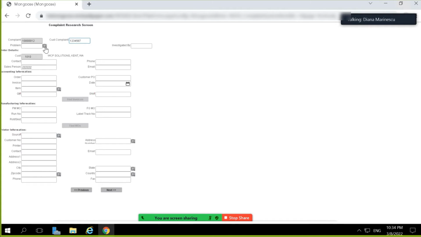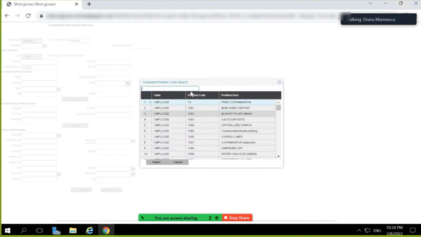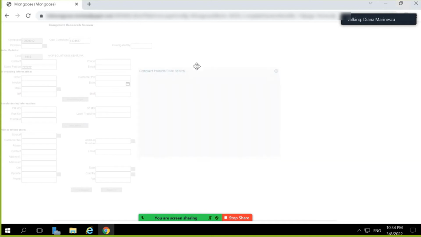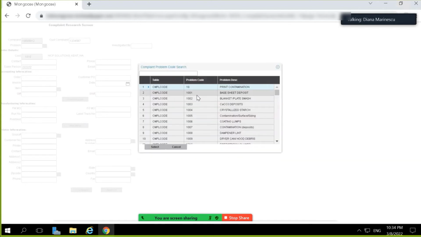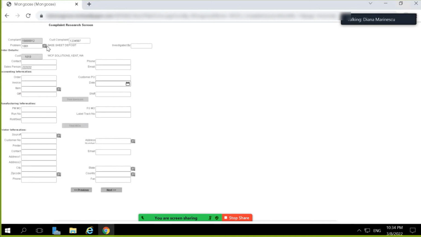The problem code is the most important field. It describes the problem statement for which the customer has raised the complaint. The browse function helps the user to browse and select the required problem code from the Mongoose system. A separate search screen is populated from which the user can filter the data and select the required problem code. The salesperson field here is auto-populated from the customer master from M3, CRS